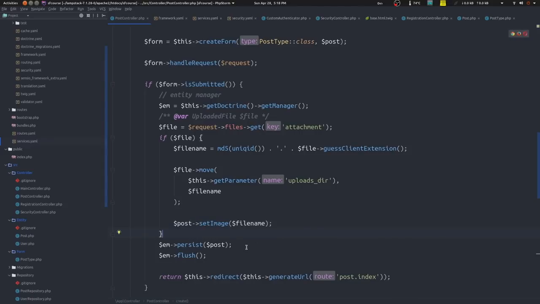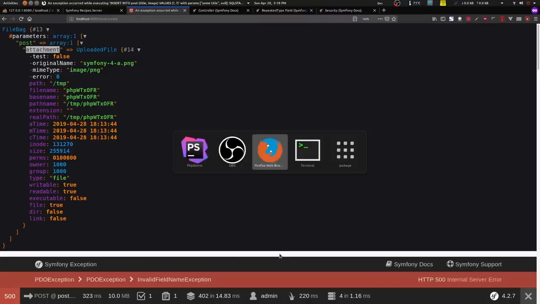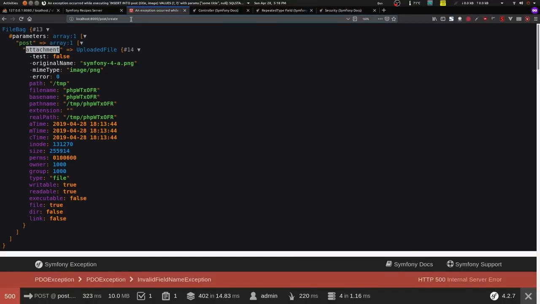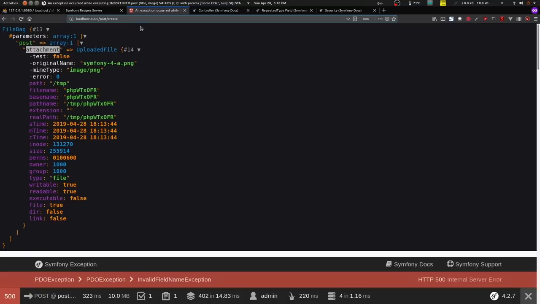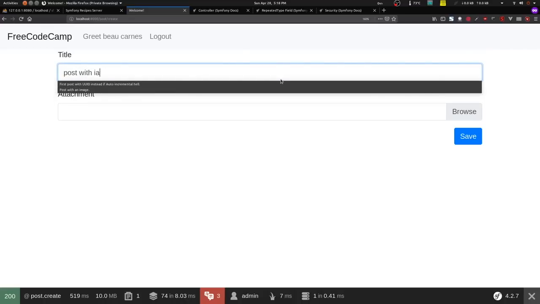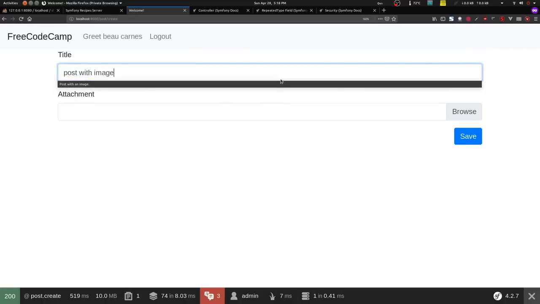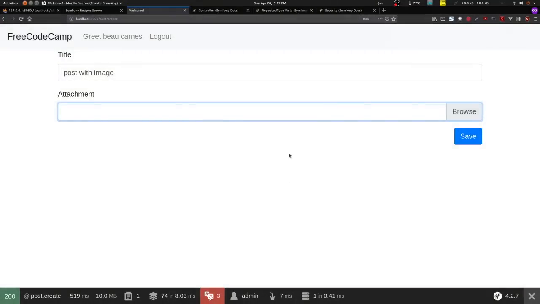So what we're going to do next is, actually, let me just think about it for a second. It seems like this is going to work, so you know what? The best way to check if this is going to work is by actually trying it. So let's go ahead and get rid of all these dumps that I have. Seems like I have nothing, so let me just go back right here. What I'm going to do is post with image,